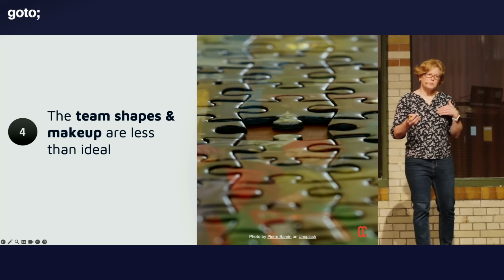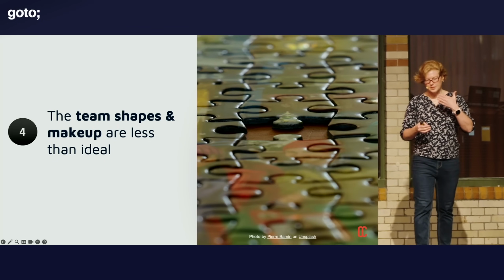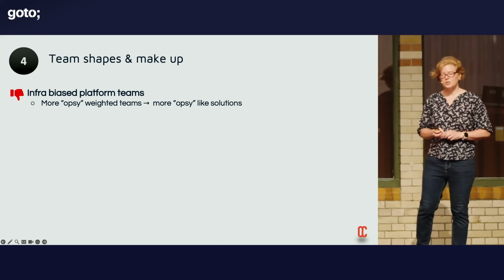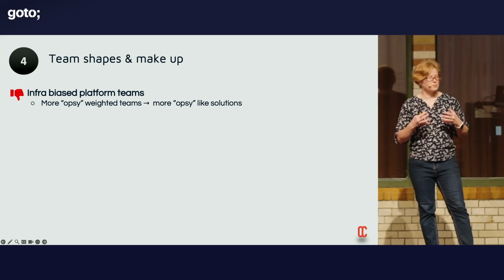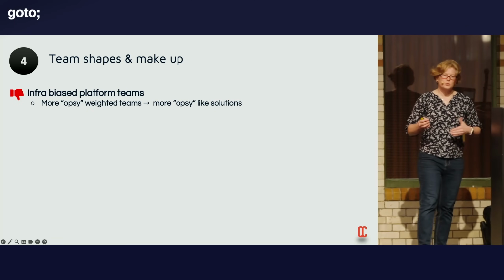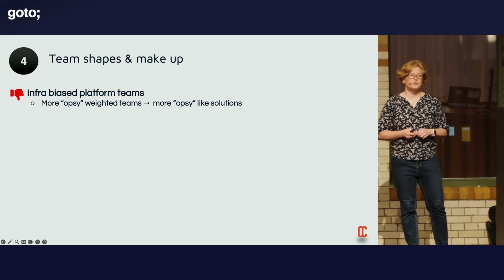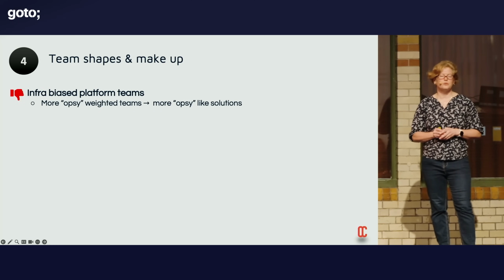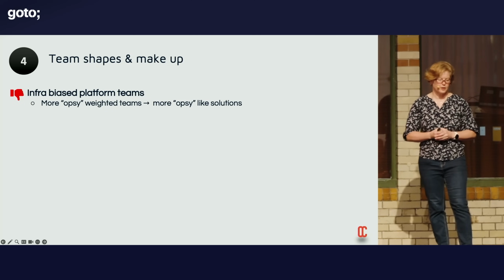And sometimes we have assumptions and ways of doing things that land up with us creating less than ideal team setups. Now the first one in this case is when you get a predominantly infrastructure-focused platform team. For many companies, when they start to build out a platform initiative, it will predominantly be staffed with infrastructure engineers. And this is very natural because it's an ops-centric platform. It needs to do things like infrastructure as code and all of these types of activities.